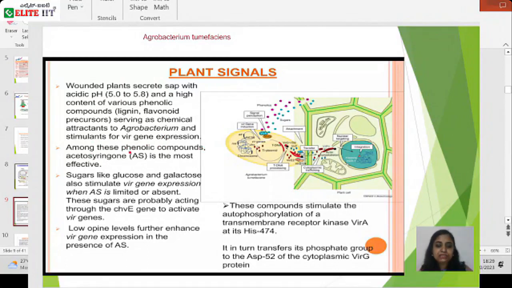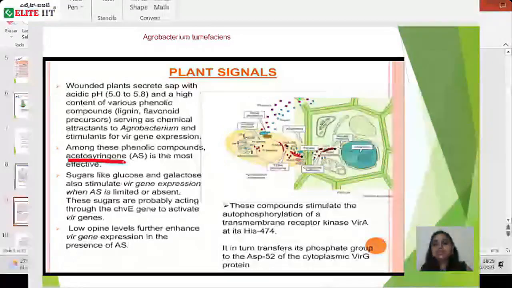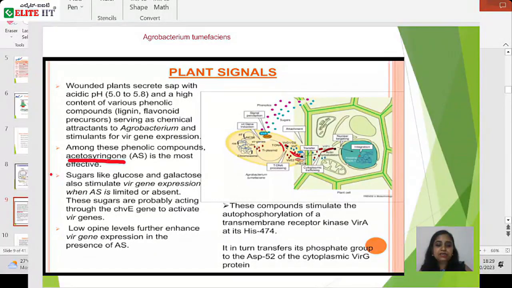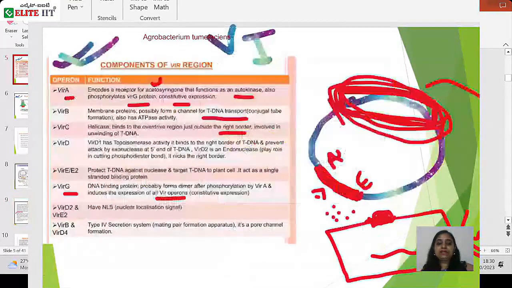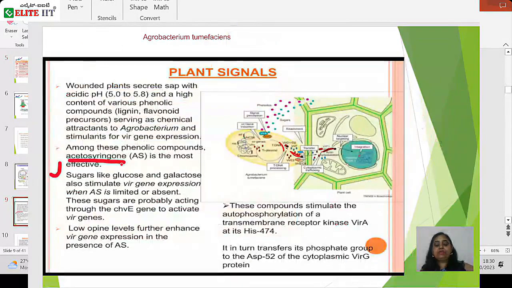Now, among these phenolic compounds, acetosyringone is the most effective. And in this case, I told you sugar is also responsible for the signal. Sugars like glucose and galactose also stimulate vir gene expression. Acetosyringone as well as sugars, glucose and galactose, are stimulating the vir genes. Mainly, first of all, the activation is of VirA. It is binding with the phenolic compound. Low opine levels further enhance Vir gene expression in the presence of